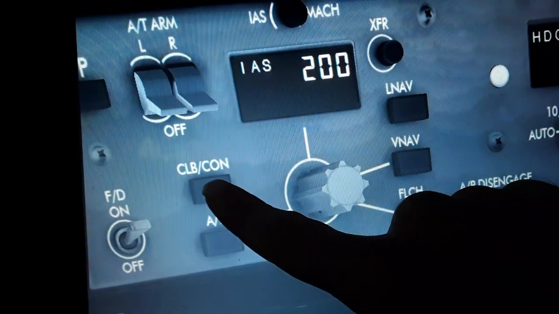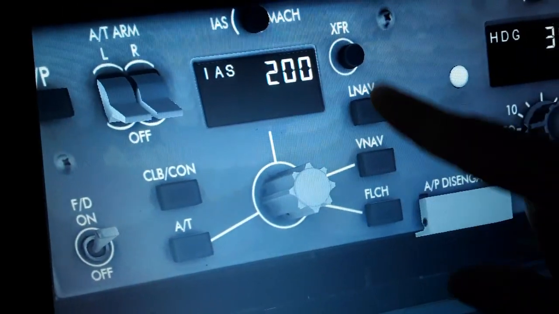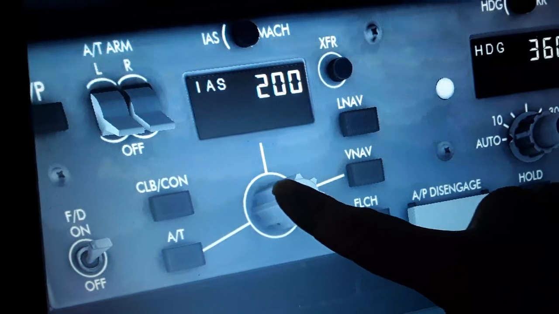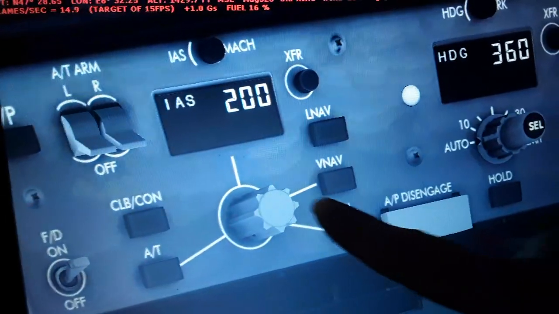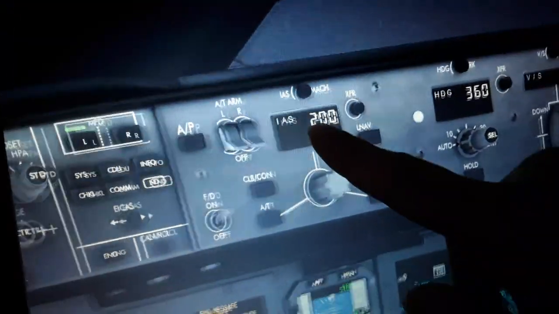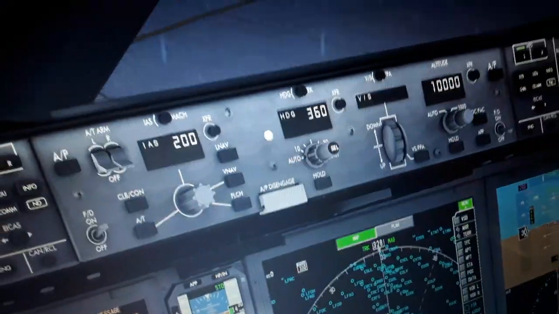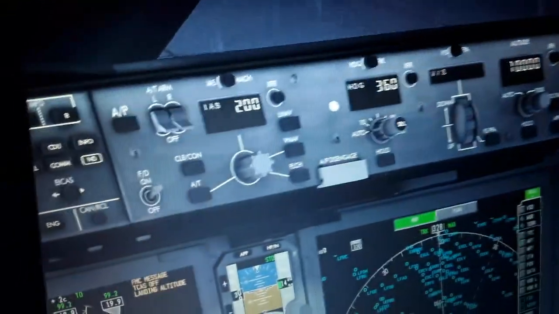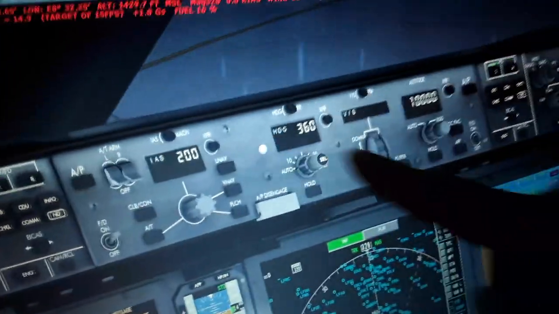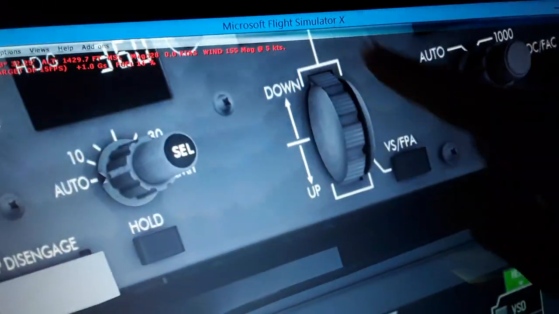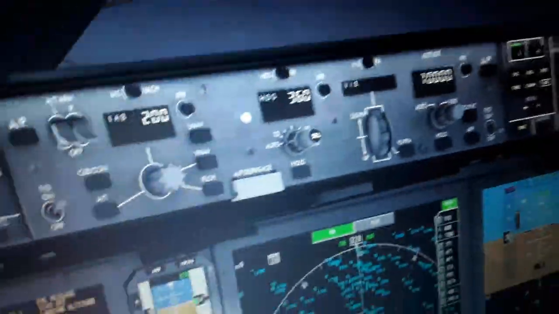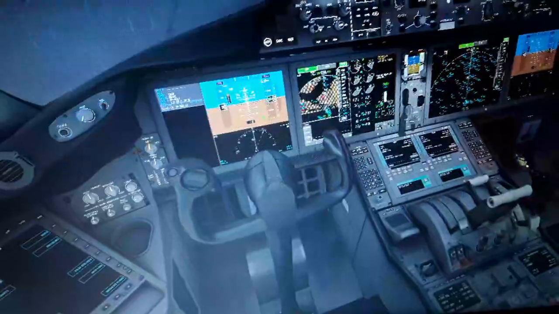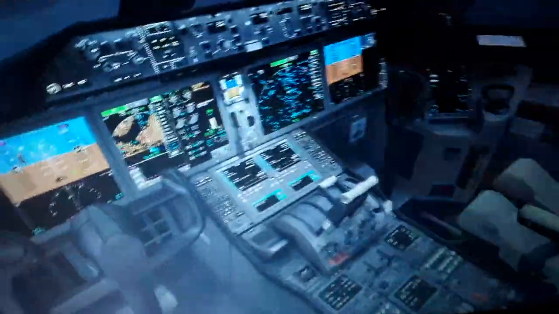Auto throttle, climb, continuous speed, LNAV and VNAV, which are interconnected to the flight management computer, and the auto throttle left and right arm and disarm, so you can see indicated airspeed or Mach speed later. Autopilot here disengage, AP disengage, heading select, and vertical rate of climb descent of the aircraft, you will see later. Altitude select over here. So I will show you the details of the instruments of the aircraft before we go